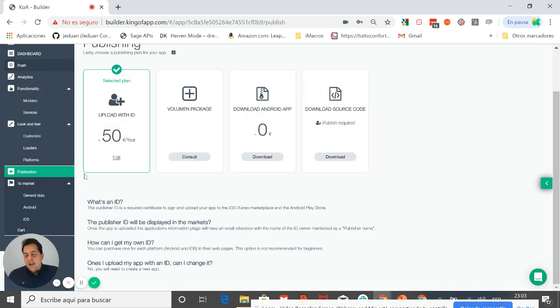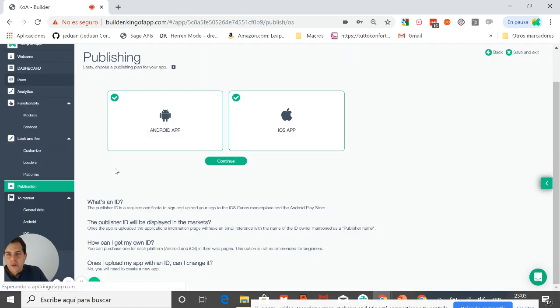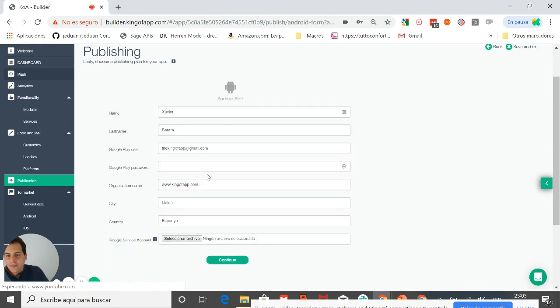And in the publication area, the main service that we have is the automatic publication. If you enter here, in the Android and iOS app, we have some data that we need in order to log in, in Android or in iOS in the other case. We put the different data and